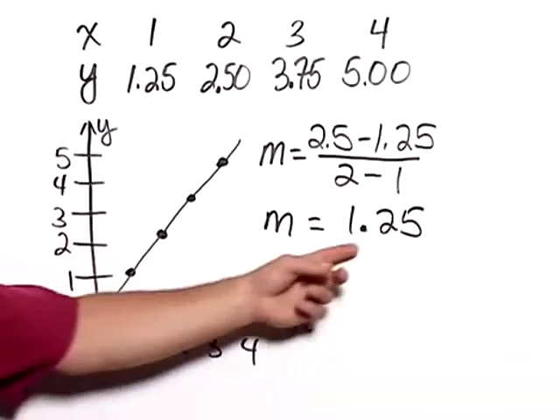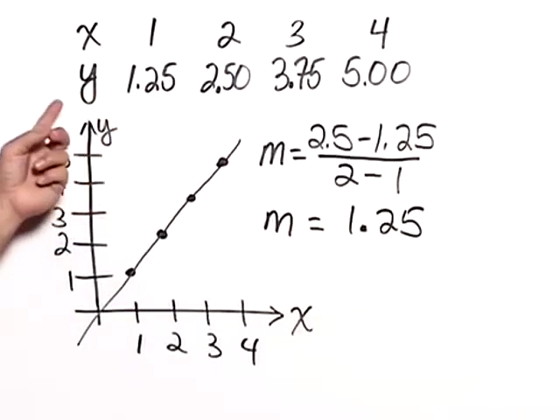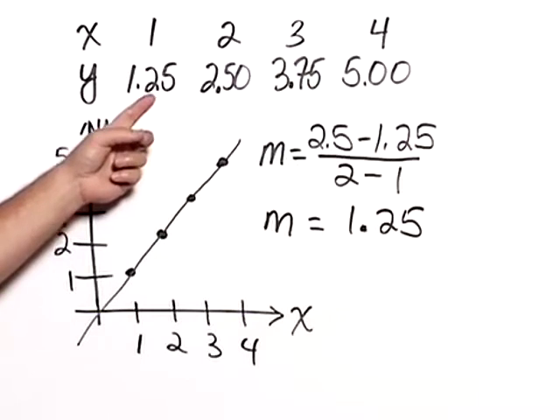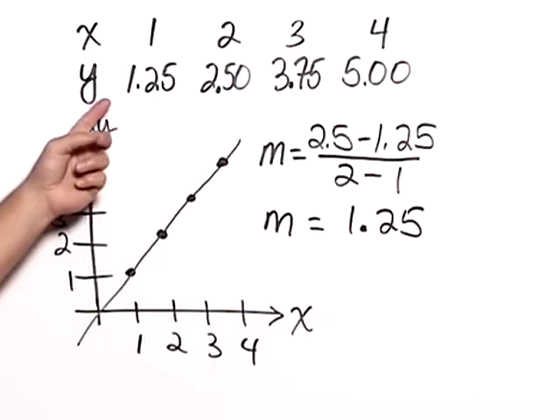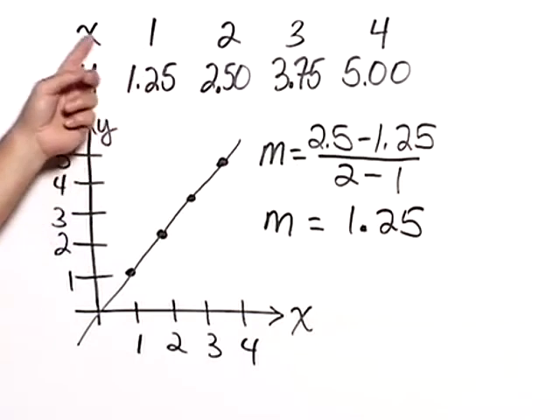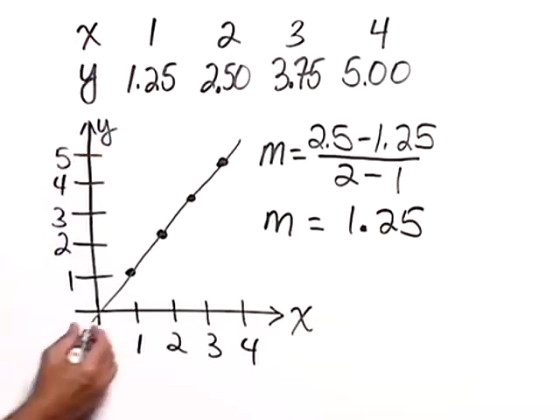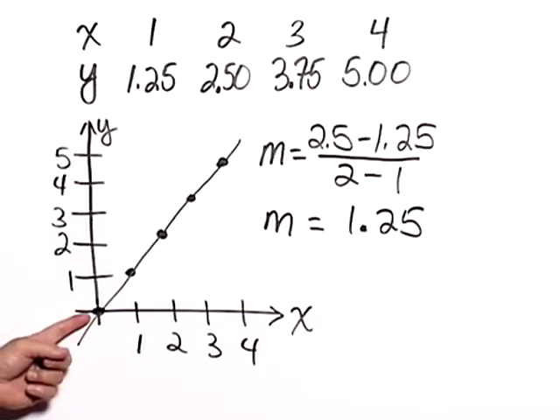Given that that's correct, if we were to work backwards, that is, go back to this point here, we would subtract 1.25. That would give us a y value of 0. We would subtract 1 from the x value of 1, and that gives us 0. So in fact, we do know that this line, if it were extended, would go through the point of the